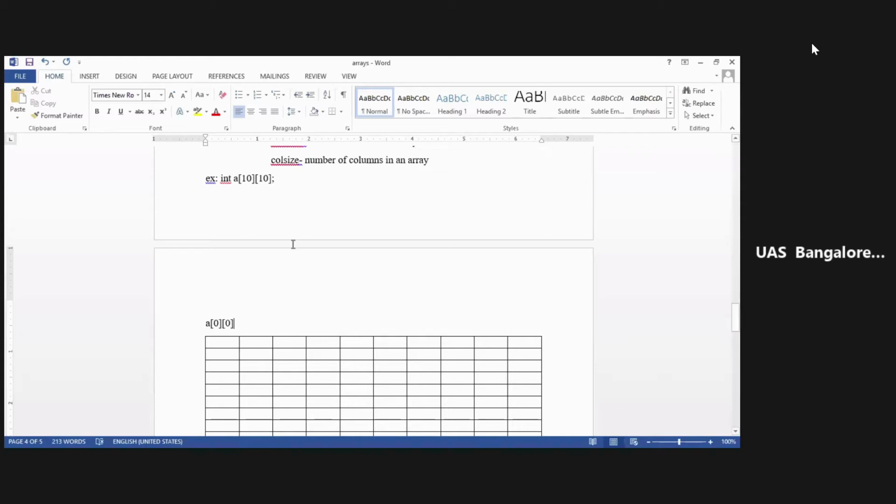So it will come A of 0, 0. This is A of 0, 0. Next, this is A of 0, 1. Got it? This is A of 0, 2. Wait, I should have written that there.